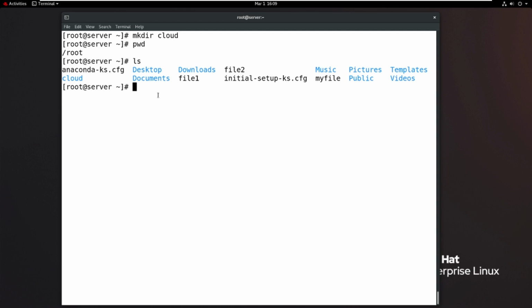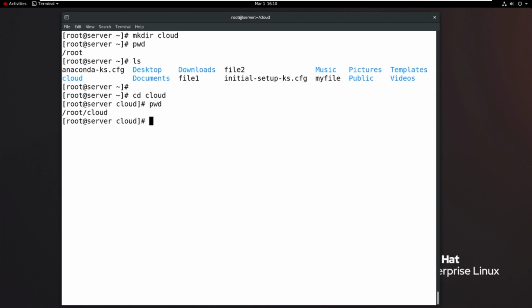Then how do we navigate into the directory? cd space directory name. If you want to navigate to a directory, cd is the command, that is change directory. Which directory do you want to change to? The cloud directory: cd space cloud. Then what is your current working location?